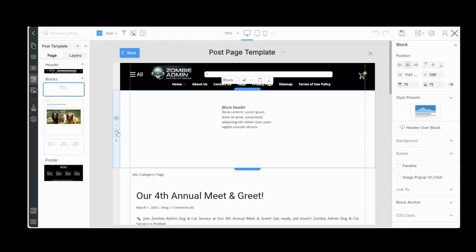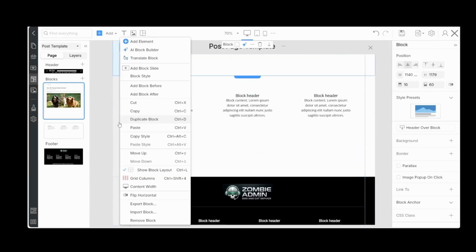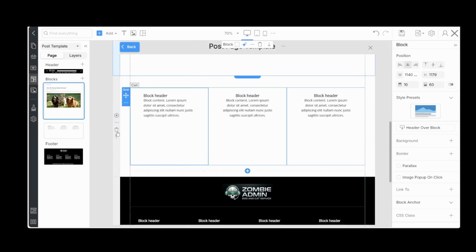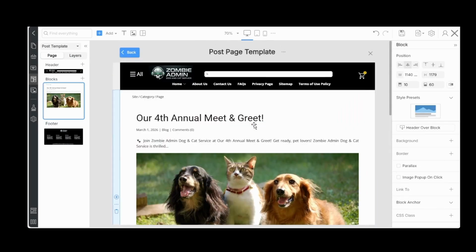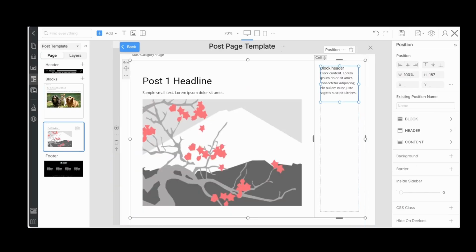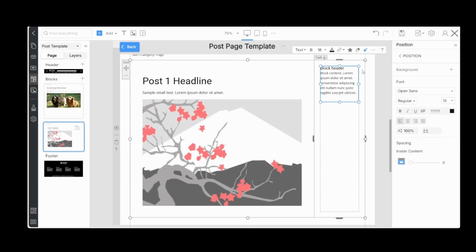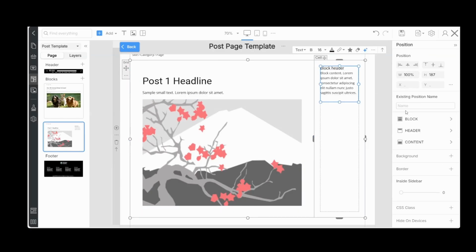I do not need that. And I do not need that right now. Let's save. I do want right sidebar, so I'm definitely going to set that back up.